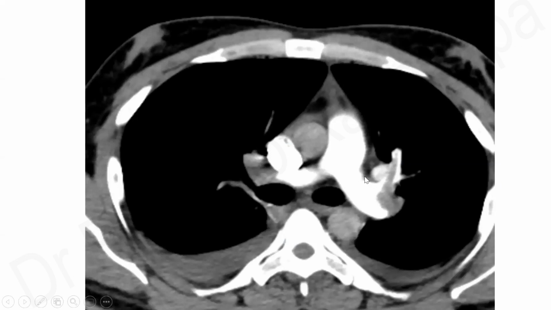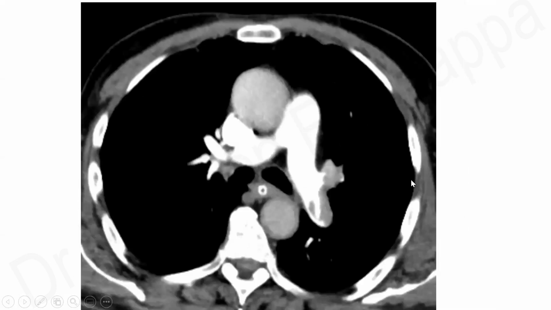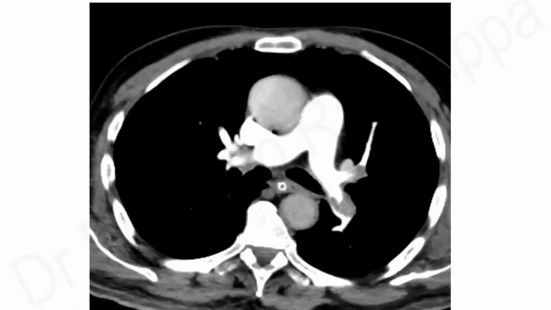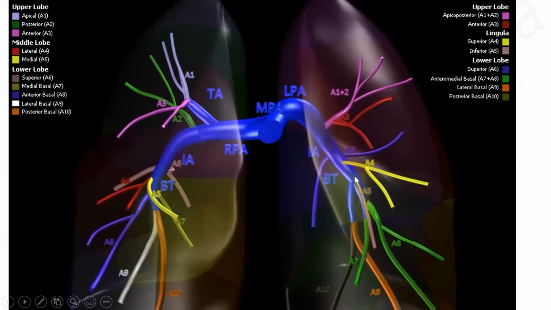So as you see, this is the left main pulmonary artery, and you have this filling defect with a huge thrombus there. So these are just the images. I'm sure every listener here would have seen CTs like this in their unit, having pulmonary embolism with a filling defect in the left main pulmonary artery and the subsegmental arteries.